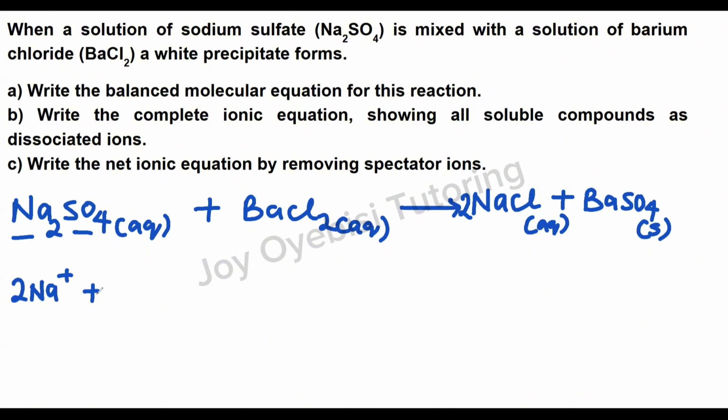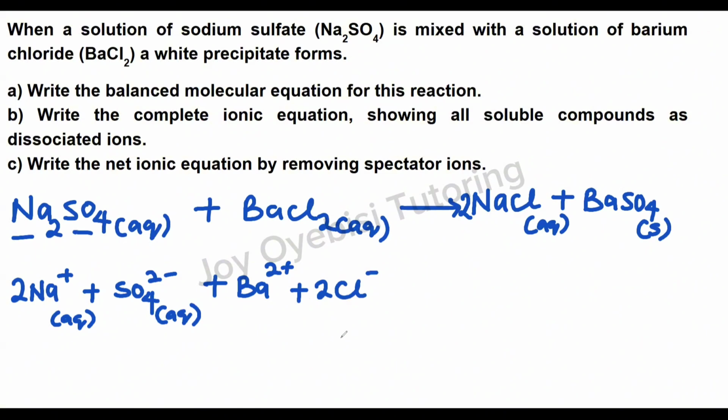Sulfate is a polyatomic ion, which is SO4 2-, okay? And this is aqueous. This is also aqueous. Now barium, 1 barium with a 2 positive charge. 2 chlorides with a -1 charge. Both are also aqueous. On the other side of the equation, we have 2Na+,